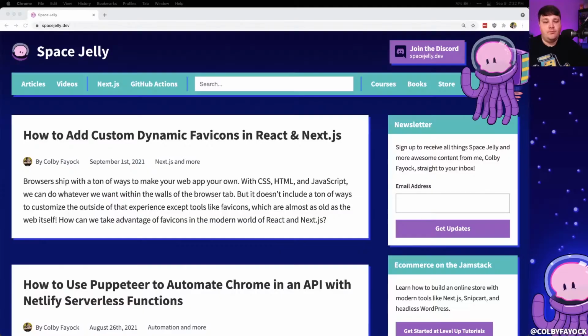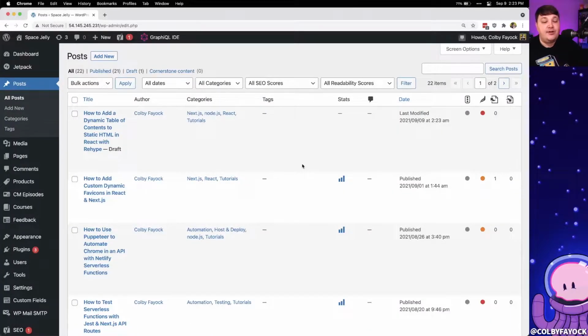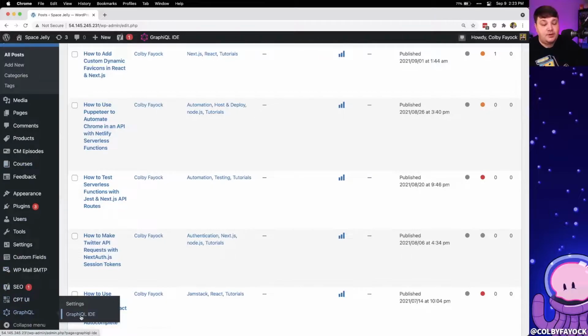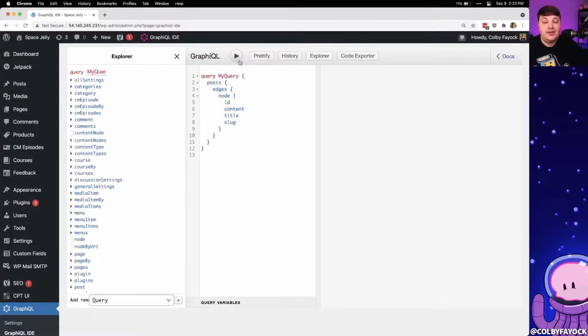When working with web apps, typically we bring in some kind of dynamic data, such as my blog post here, where I'm pulling in my content directly from WordPress when I'm compiling it inside of Next.js. Now, if we look inside of WordPress, this is kind of similar to what you would see on most headless CMS options, but if we actually look at what data we're querying using GraphQL, we can see here that when